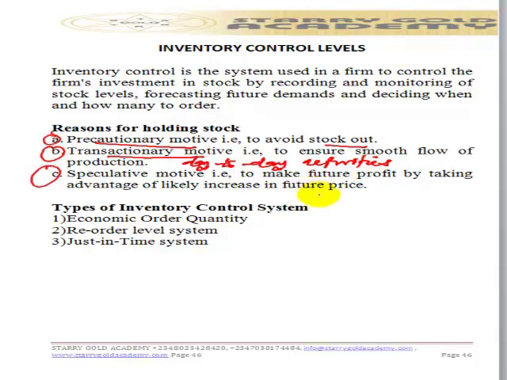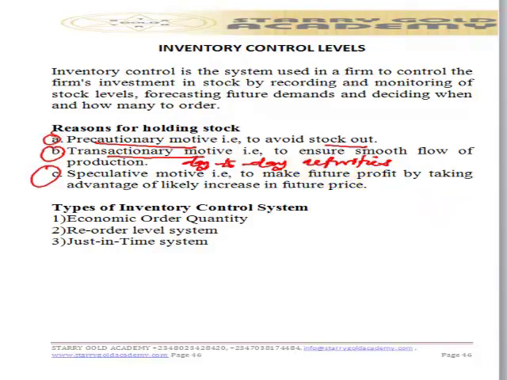So the company can buy more of a commodity now to ensure that at the time the price will increase, they will take the advantage of the increase in price. Or they can as well buy more of a commodity where it is perceived that the supply of that commodity in the future will reduce, or the quantity might be short in supply in the future. So by the time they have more of the items in store, they would not be hit by such